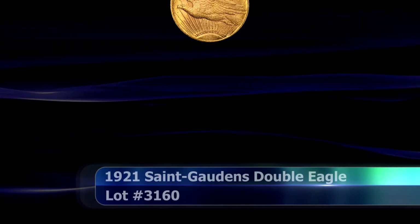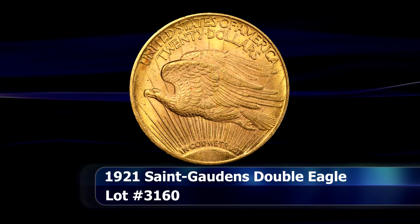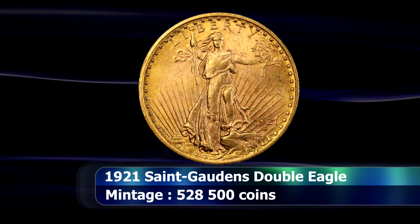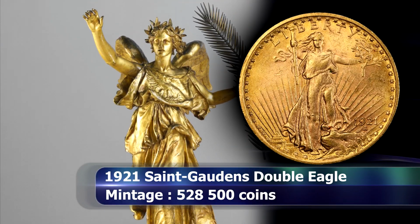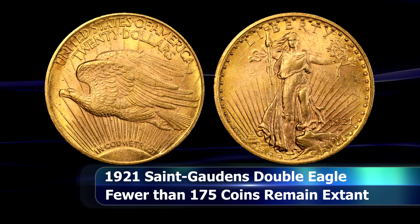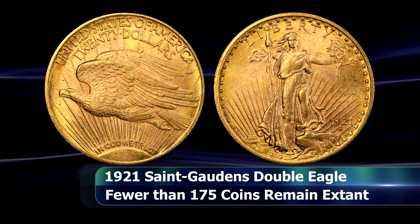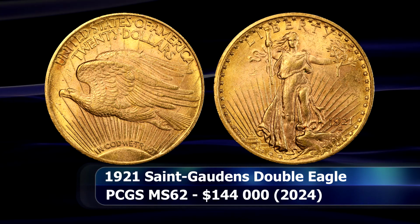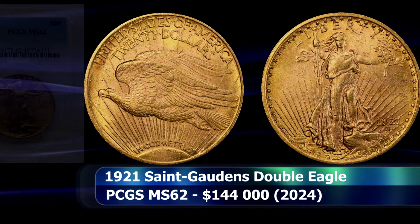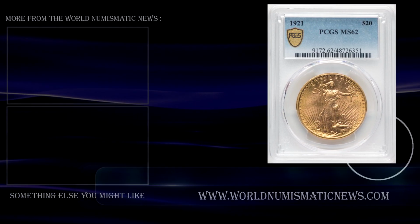$138,000. In 1921, only the Philadelphia Mint was striking double eagles, to a total mintage of 528,500 coins. However, very few of these were ever actually issued. As the country was in the grips of a recession at the time, there was little need for large denomination gold coins in circulation. During the gold recall of 1933, it seems that 527,500 of these coins were still in treasury vaults, and were then subsequently melted down, leaving just 1,000 coins unaccounted for. Today, the surviving population is estimated to be no greater than 175 coins. This example survives in a grade of MS62 from PCGS and at auction was sold for